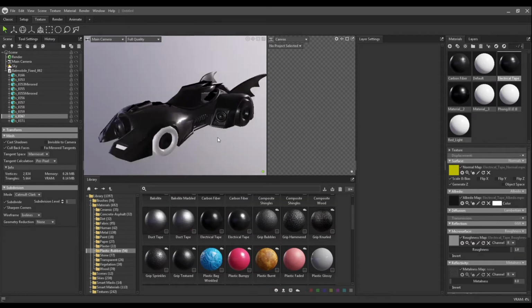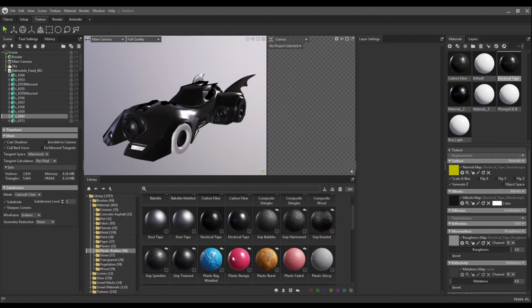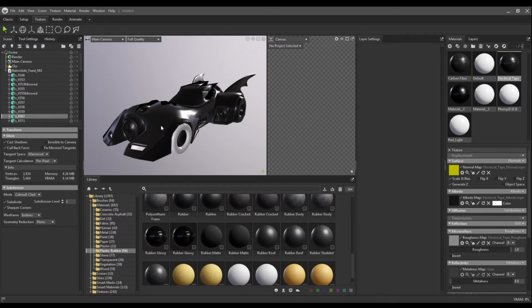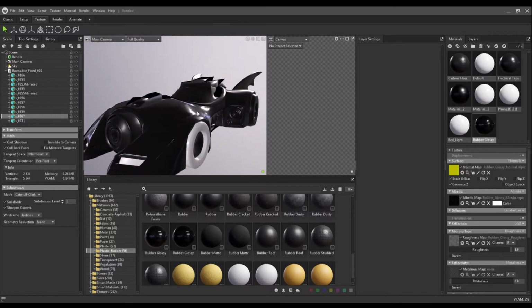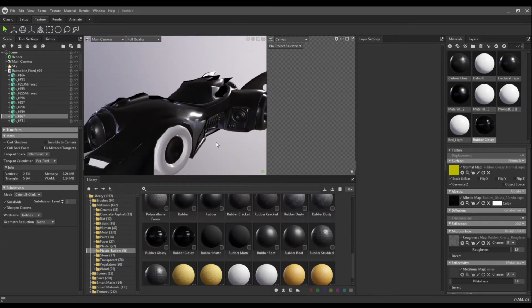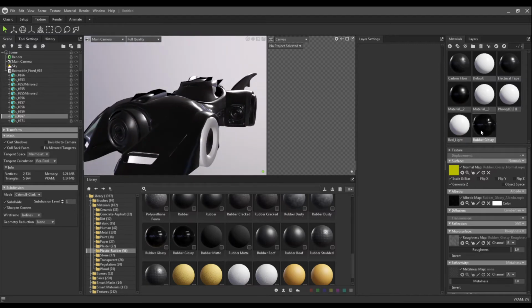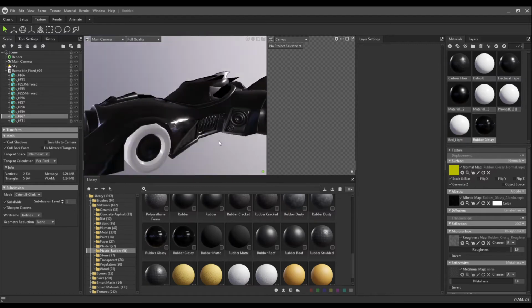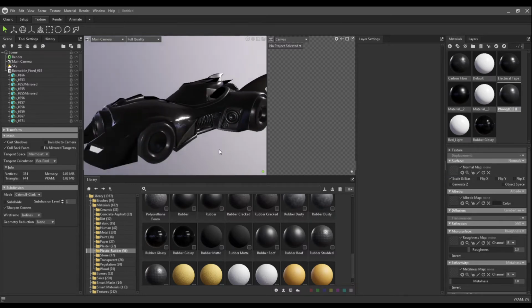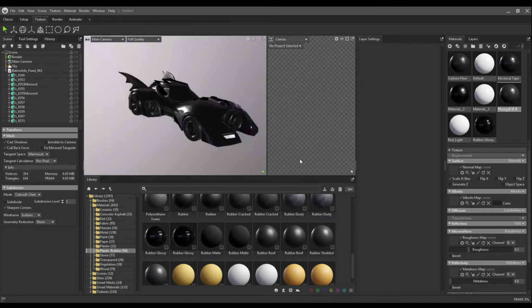Electrical tape. This is kind of, Batman reminds me of like an electrical tape kind of material. You got a rubber glossy. You get that kind of interesting noise look inside of your texture. You can actually start applying it. I can apply this to the tires. Go to the tire and drop these textures down. A lot of this was just playing around and trying to get the look